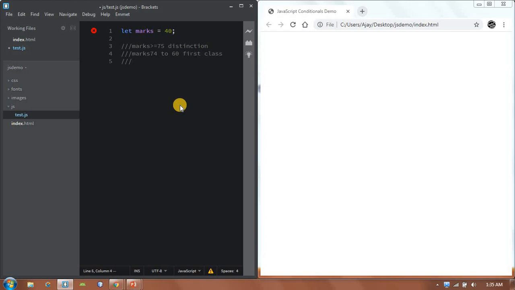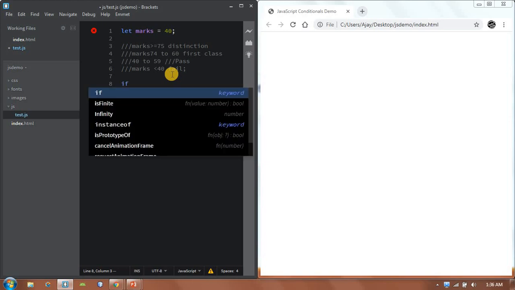If marks are 40 to 59, then I can say the student is pass class. And if marks are less than 40, then I can say the student is fail. Now if you can see here, there are not only two conditions, that is student is pass or fail, but more than two conditions. So the traditional if else fails here, so we have to use the else if ladder.